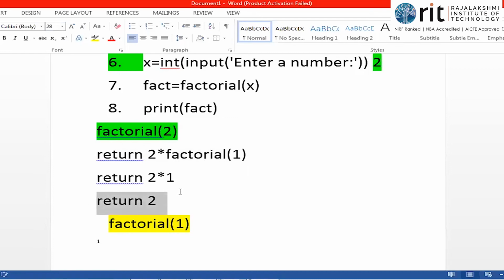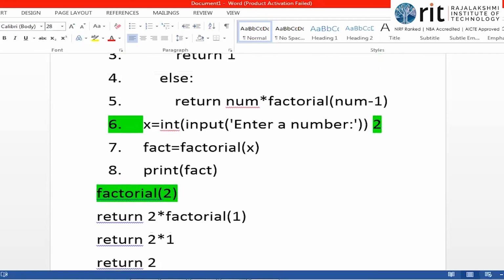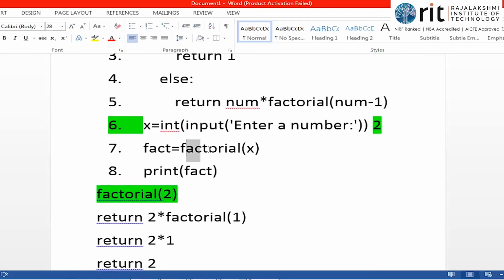இது எங்கமா return பண்ணும்? இது எப்ப எனக்கு இந்த answer எனக்கு வருது? Factorial of 2 execute பண்ணும்போது I've got this return 2. So this value 2 should be returned to this place where factorial of 2 is executed. Up in the place. So here, instead of this, I will have the answer called as 2. What is factorial of 2? 2 into 1, 2, isn't it? So 2 is stored in fact. Print fact and சொல்லும்போது answer is 2.